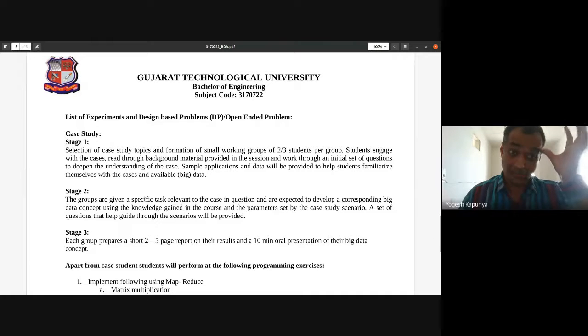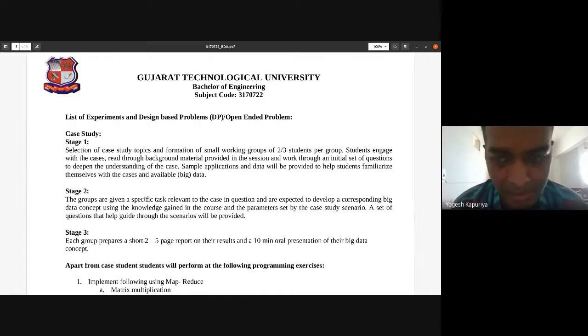So first, in stage 1, you will form a group of 2 to 3 students, and we will go through the various case studies which are related to big data applications or big data analytics. So sample applications and data will be provided to help students.